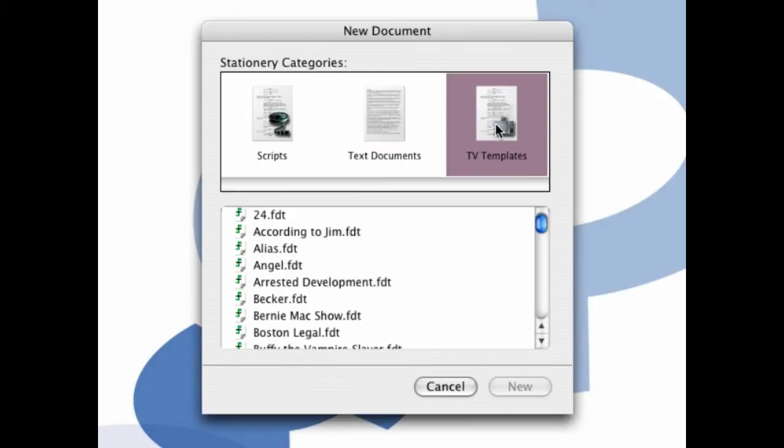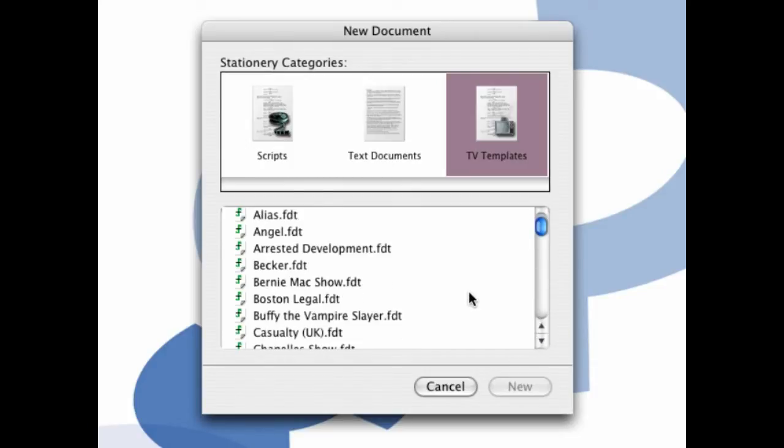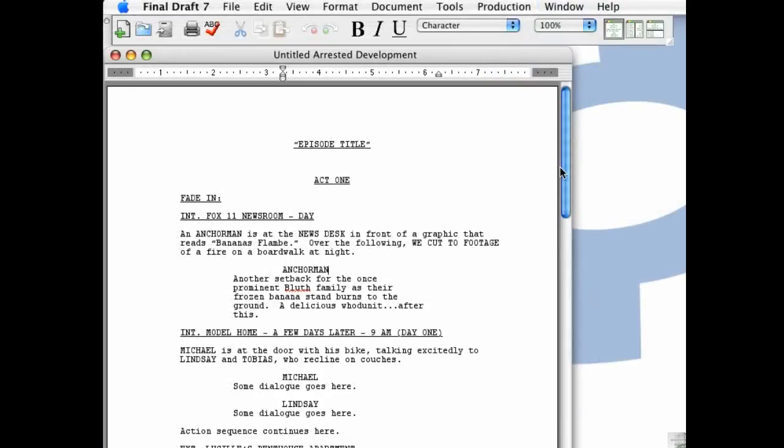If you click on TV templates, you're going to see that we've got templates here for all of these television shows that you'll recognize from watching TV, like Alias, Arrested Development, Boston Legal. And what these have, and let's just open up Arrested Development, which is one of my favorite television shows that I wish I could write for. And you'll see we've got a bunch of text here, episode title, act 1, fade in, and basically what this is telling you is how Arrested Development as a show expects their screenplays to be